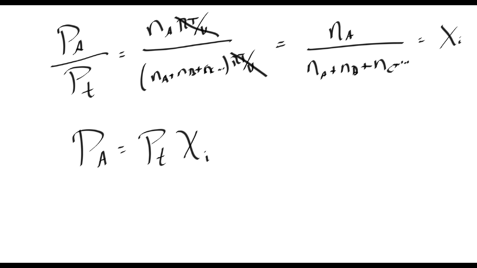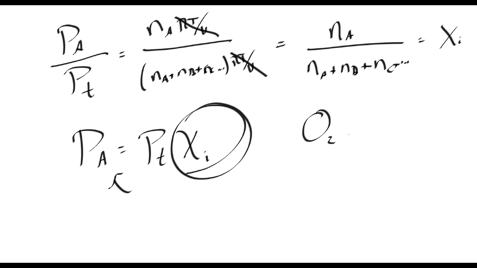But if you can keep track of the number of moles of everything floating around in there, if you can keep track of your mole fractions, then you'll be able to get partial pressures out of that. Okay? So knowing the mole fraction of each of your substances and the total pressure will get you the partial pressure of each of those substances, which can play a role if, for example, you have, say, oxygen and argon